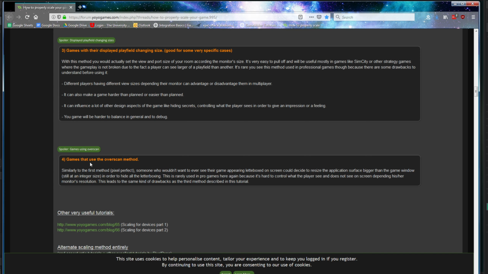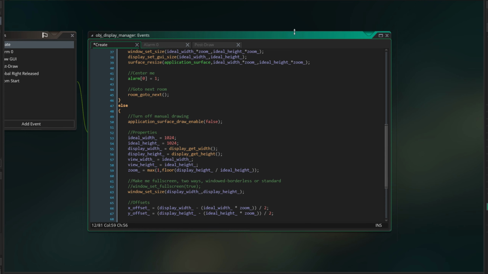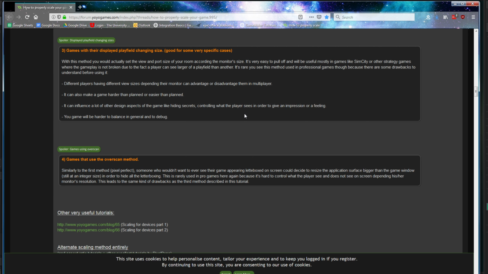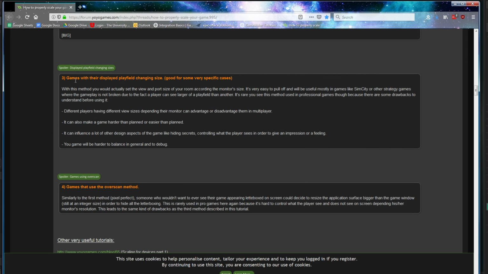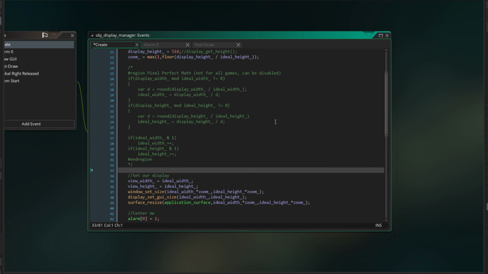Well, not this. Games that use overscan, or in my case, letterbox, as I called it. That would be where the game is centered in the middle of your window and drawn in the middle there, and then you can put a background or whatever behind it if you want. And then last but not least, we also had the games with their displayed playfield changing size,